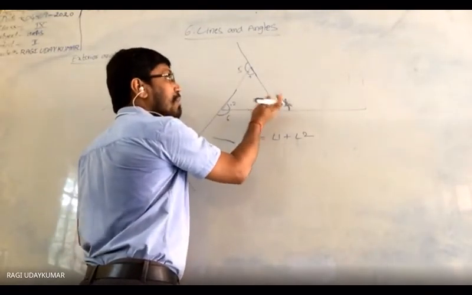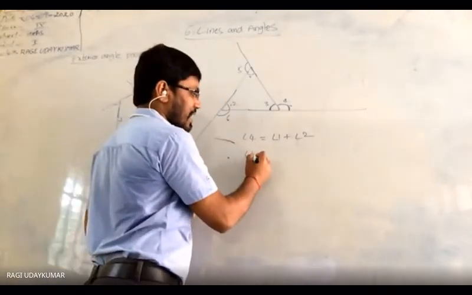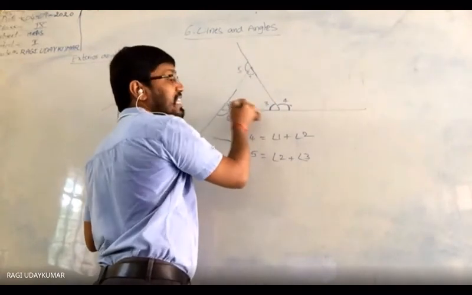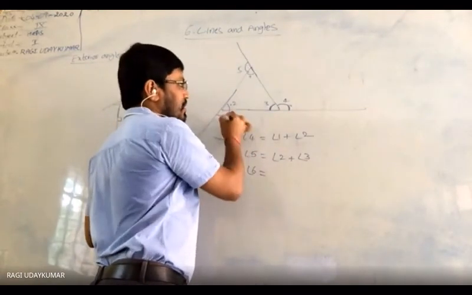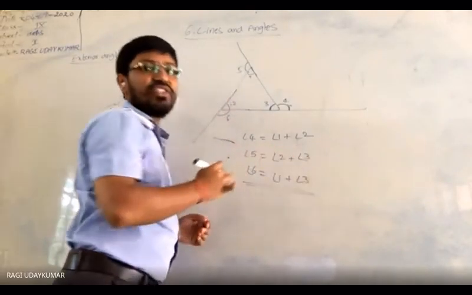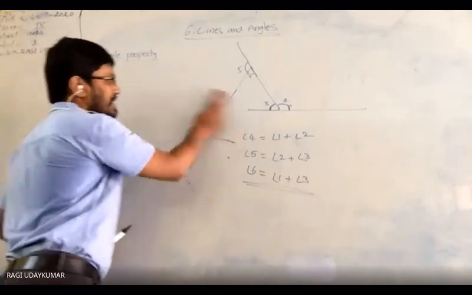This is interior, but opposite. Sir, can I ask a question, sir? Ask a doubt. Yes. Sir, given that, means angle 5 is equal to angle 2 plus angle 3? Yes, that's what I am going to say here. Angle 5 will be equal to angle 2 plus angle 3. For this angle 5, these two are interior opposite angles. For angle 6, it is angle 1 plus angle 3. This is only called the exterior angle property. Okay, sir. And we can prove it. The proof I am going to explain to you now. Okay. So the statement is what here?